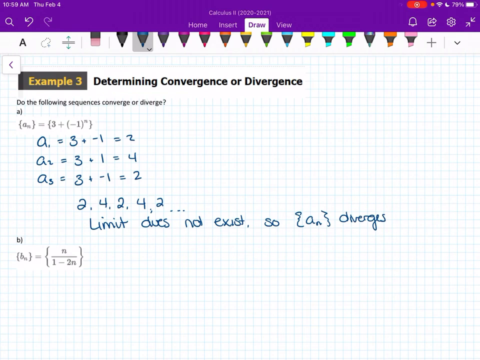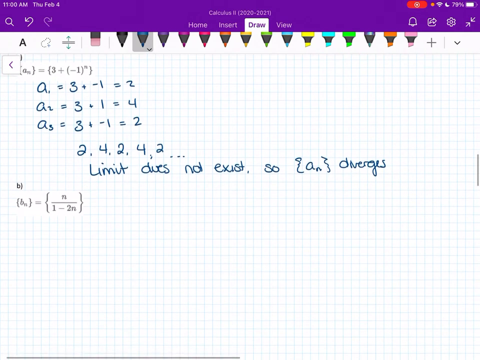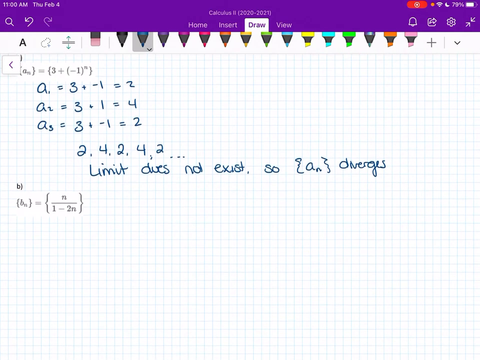All right, my next sequence is n over 1 minus 2 to the n. And so for this one, we are going to look at it and figure out if it's going to converge or diverge. So what I'm going to do is look at the limit as n approaches infinity of n over 1 minus 2 to the n,